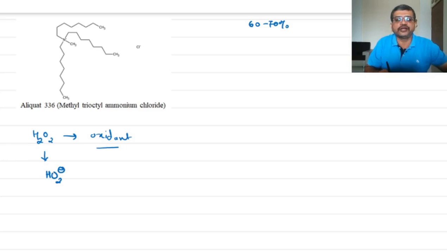is very difficult to bring into organic medium. So the availability of this anion in organic medium is the one which creates problems for the usage of H2O2 as an oxidant. But by using Aliquat 336, it has been reported that this H2O2 can be made available in organic medium. Like for example, in Noyori's synthesis of